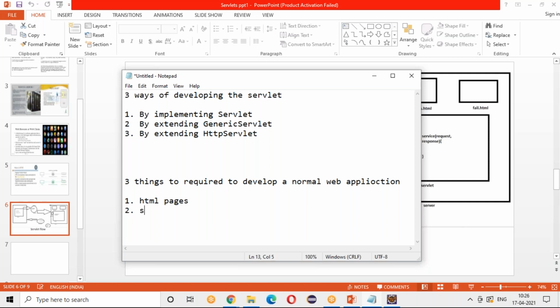And one more is your servlet class, and you can have Java classes. We'll be using the basic things to run a web application, like a hello example. And the third one is your web.xml. So this is your mapping file.